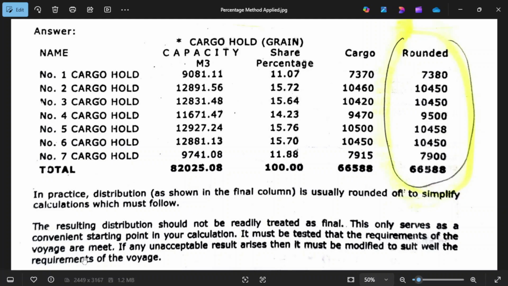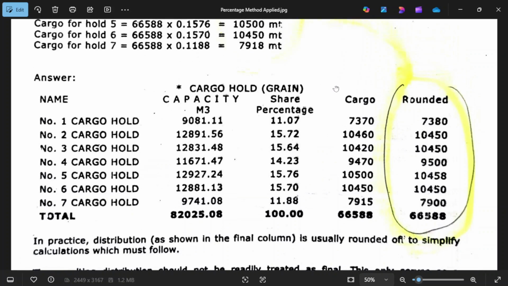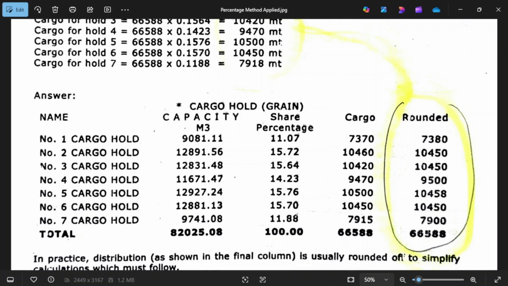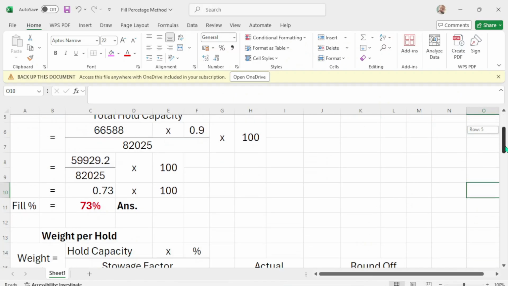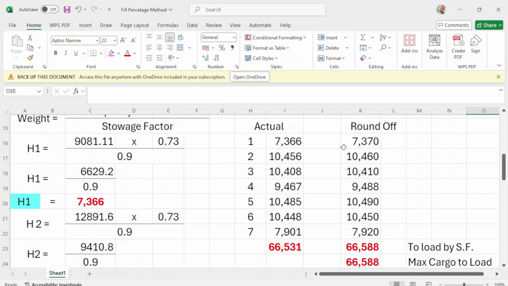This only serves as a convenient starting point in your calculation, meaning this is where you start your calculation. It must be tested that the requirements of the voyage are met. If any unacceptable results arise, it must be modified to suit the requirements of the voyage. Meaning, this figure, guys, these rounded figures,